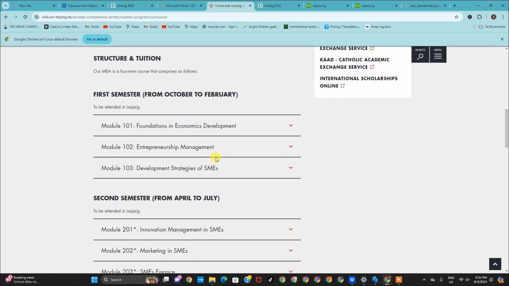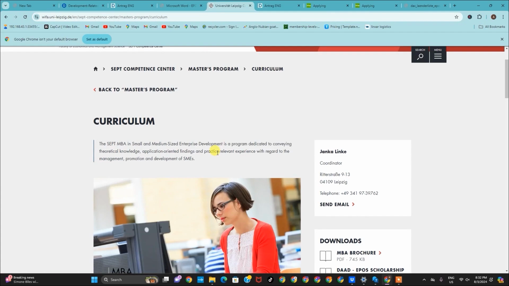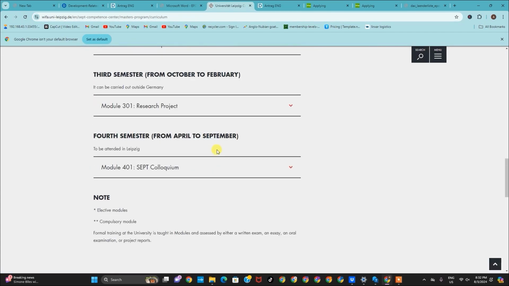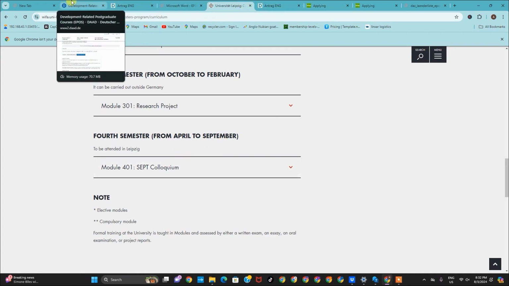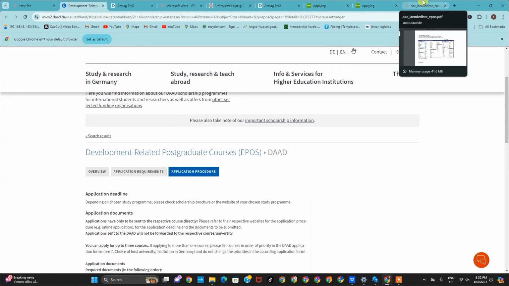First semester starts from October 2020 and ends at September. So let's go to the form. The form I was filling